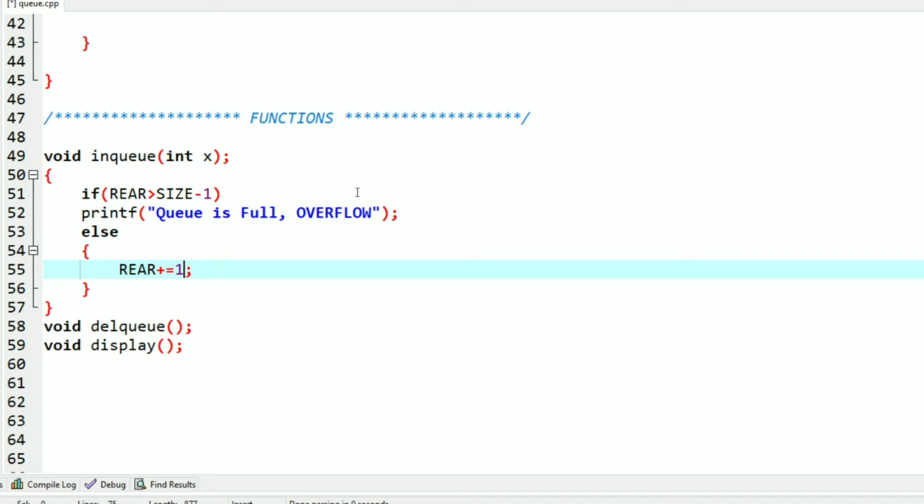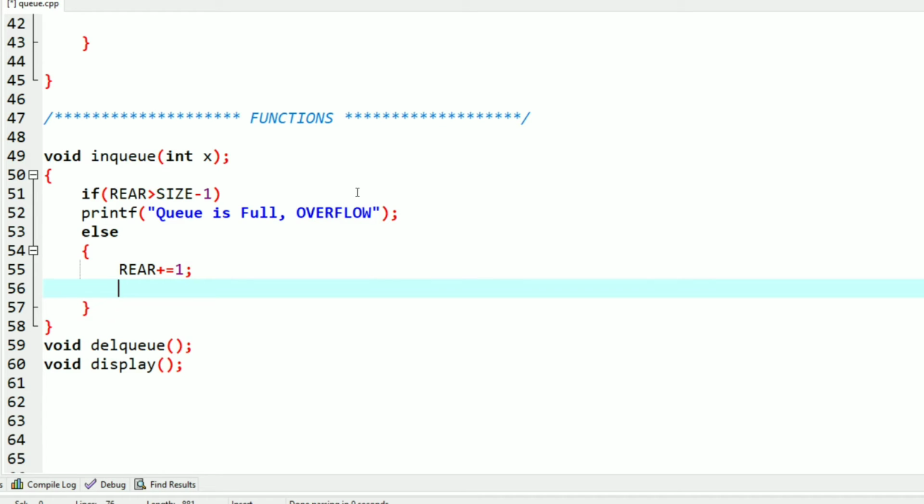So we will write rear plus equal to 1, so it will increment the rear by 1. Now we can insert the element at the rear end. So we will use the array, that is queue, in square brackets we will write rear, which is the position where we have to insert the element, and the element we have to insert is equal to x, which we are getting from the insert at case number 1.